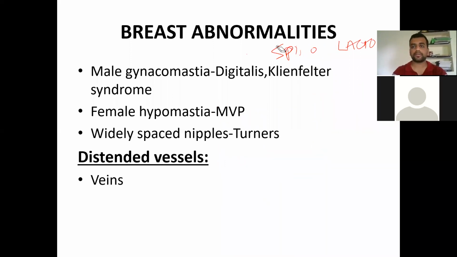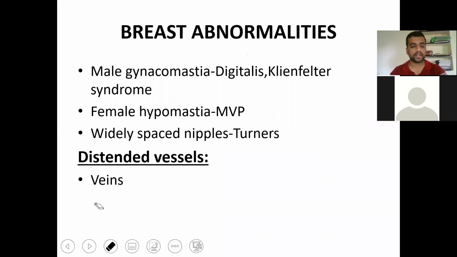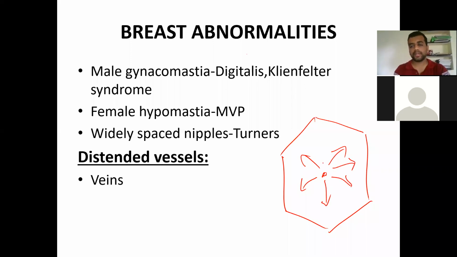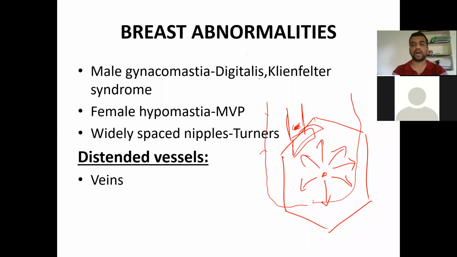So this is again part of your abdomen examination. They will also be asking you about distended veins and all, how it is and what it is. As we all know, if this is the abdomen, we have the umbilicus here, and normally the veins radiate outward from the umbilicus. It is normal also. If it is exaggerated, we are going to call it caput medusae. For example, here is the inferior vena cava, and the liver is here. If the IVC is obstructed, a collateral flow is going to be established, and the blood is going to flow upwards from below.